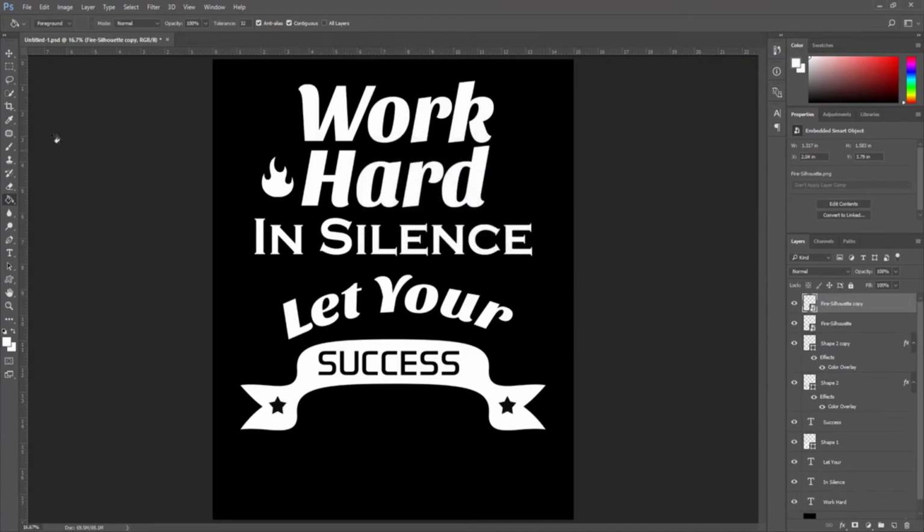After that, from the left toolbar, I navigate to the Move tool and press Ctrl Shift, or if you are using Mac, then press Command Shift and drag this fire icon from left to right. Alright,